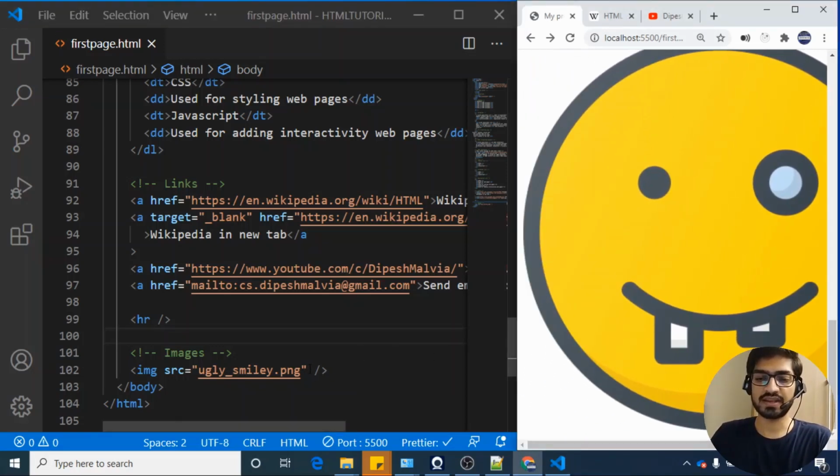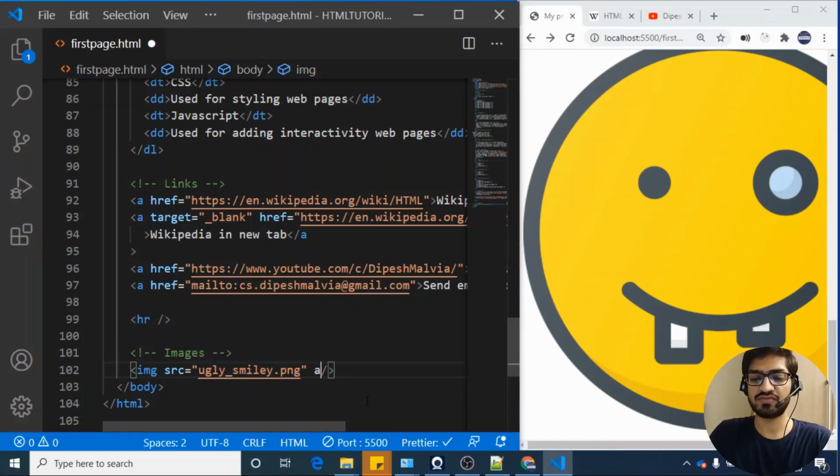One more thing we can do: for every image we add an alt tag, which is a fallback content if your image doesn't load in some case. So let me show you. I write here "smiley face", and I will save it. Currently you won't see the alt tag,